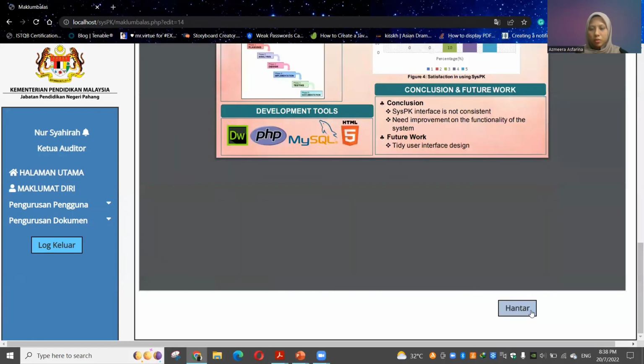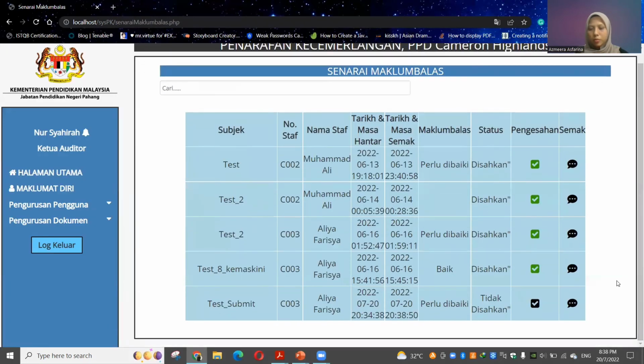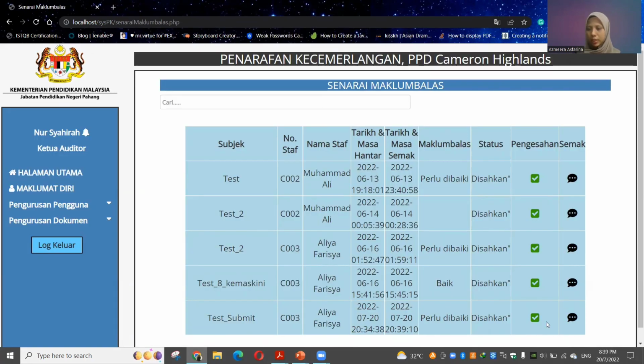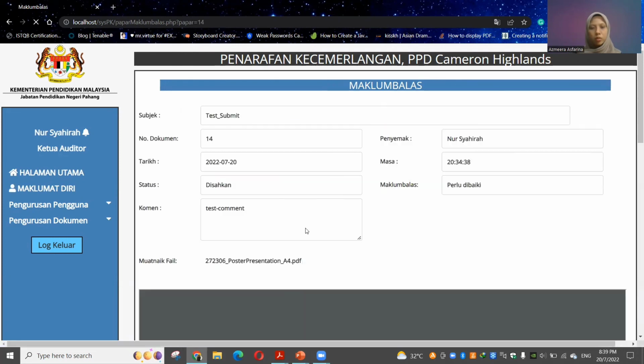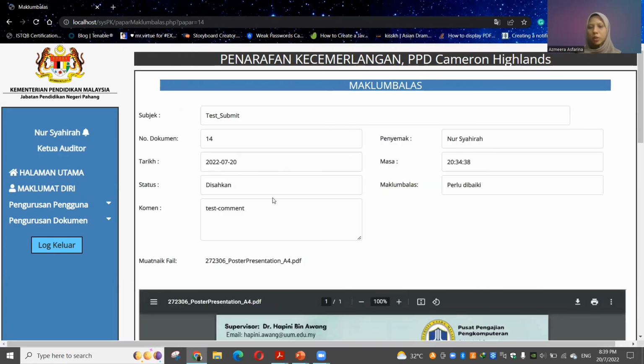And the auditor could approve the document if the document has already been improved or updated, for which they need to click the check button. If the check button is clicked, no modifications could be made to the document, which means the document can only be viewed